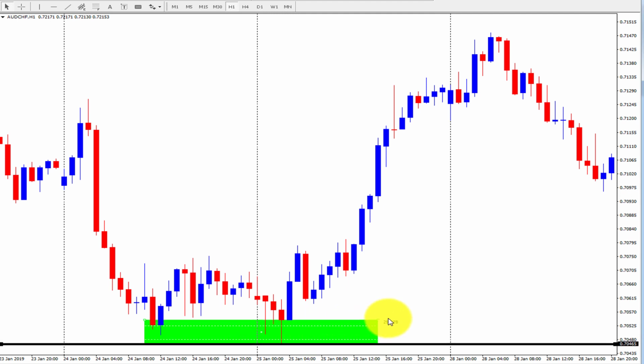We can see that when the market came to this support zone from here to here, we didn't see any strong bearish candle, rather we can see some very tiny bearish candles, and this is a rejection candle, or you can see a pin bar, another rejection candle. So we can see that the market is losing its momentum,